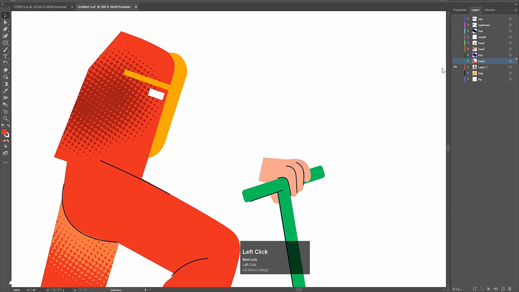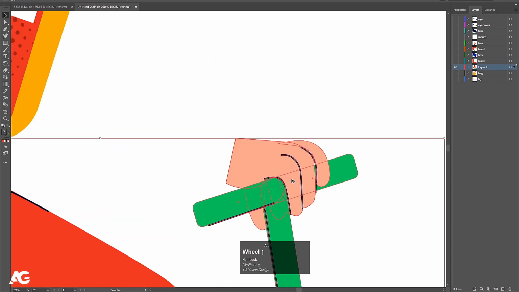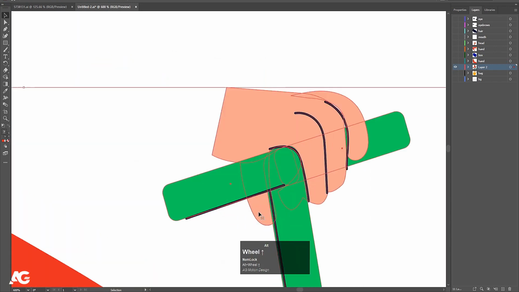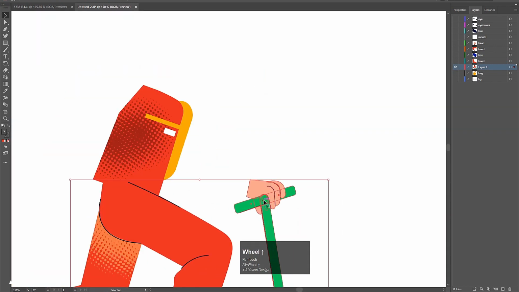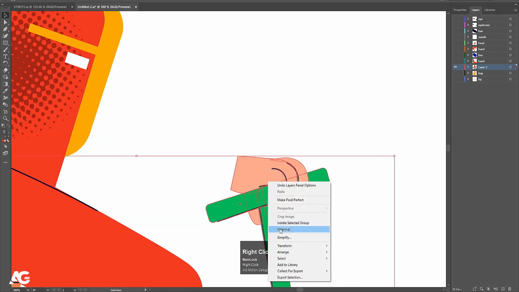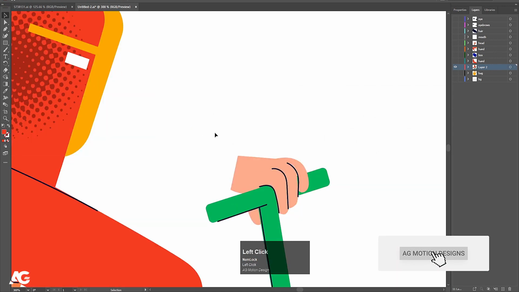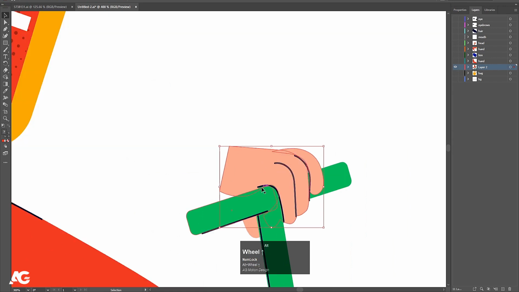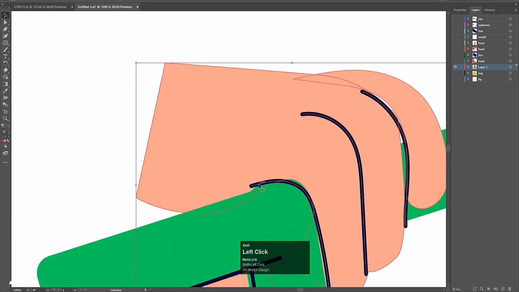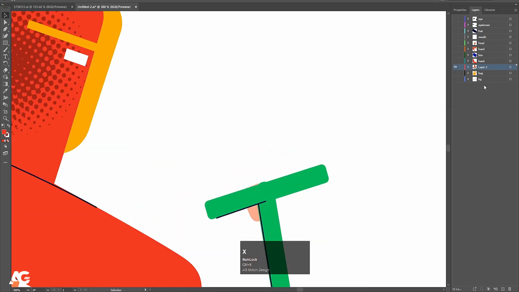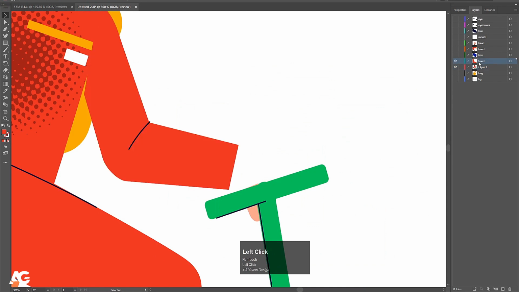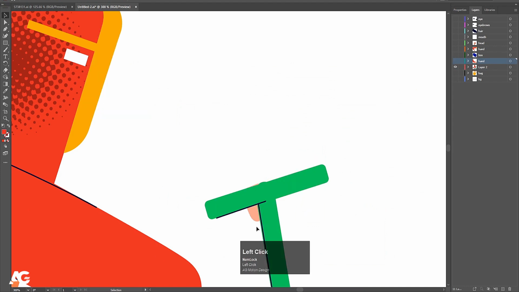Okay, and let's hide this. Now if you see over here, one finger is at the back, so for that we will simply right click and choose ungroup first, then select this and this line properly and hit Ctrl X. Now select this hand and press Ctrl Shift V to paste in place and hide this. Then we will select this, hit Ctrl X, create a new layer, press Ctrl Shift V